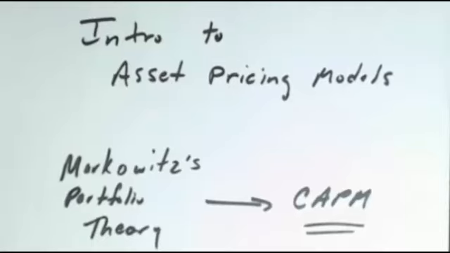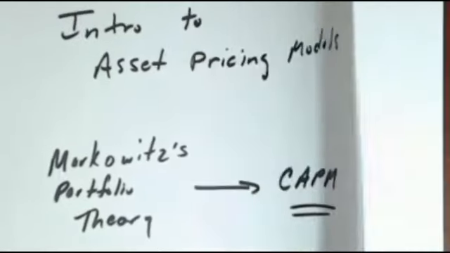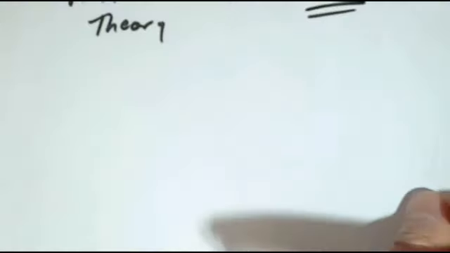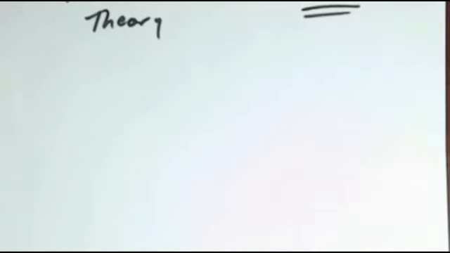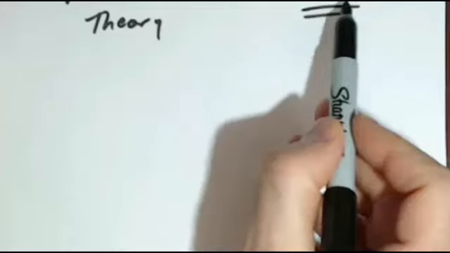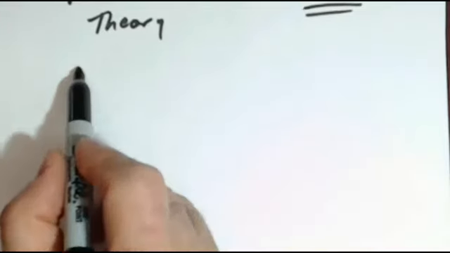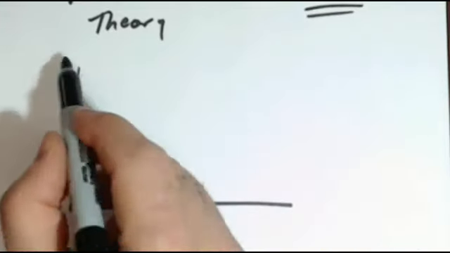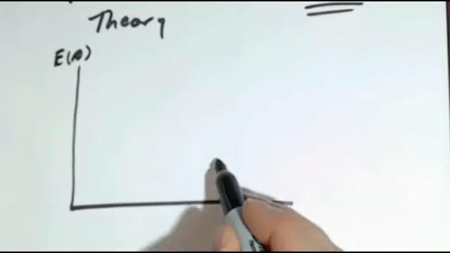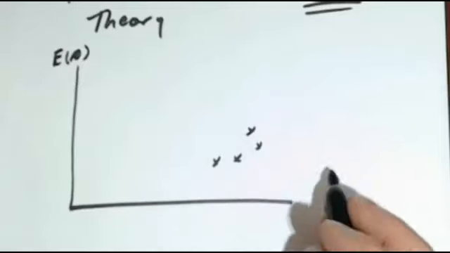Now, let's go over some of the Markowitz portfolio theory that we discussed in the previous video, because it's important we pick up on that. We're just going to continue with the story from Markowitz right up through the capital asset pricing model. So in the last video we talked about the efficient frontier, and here we have